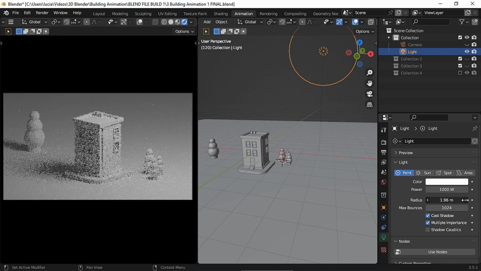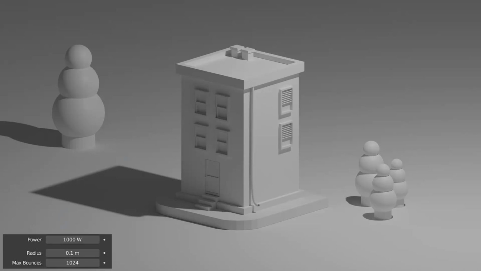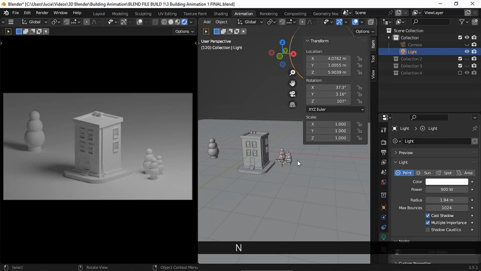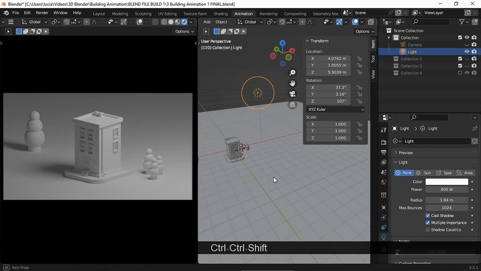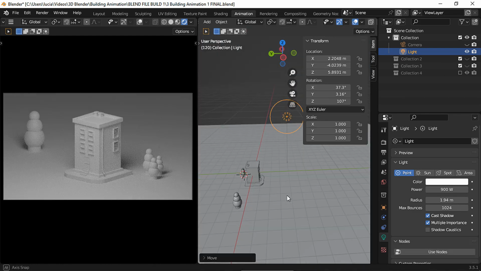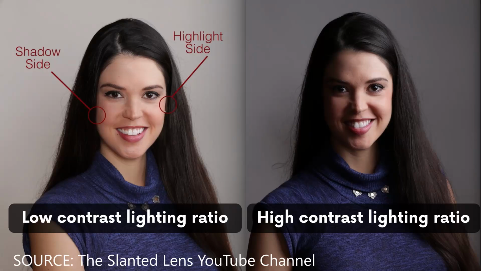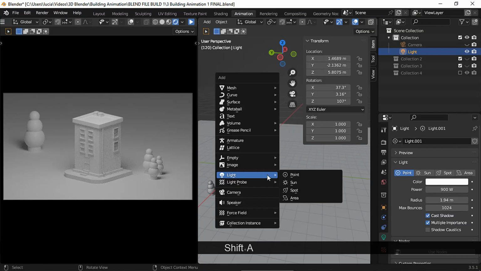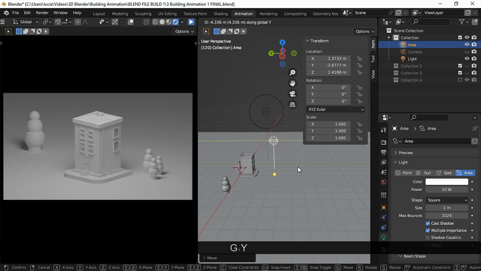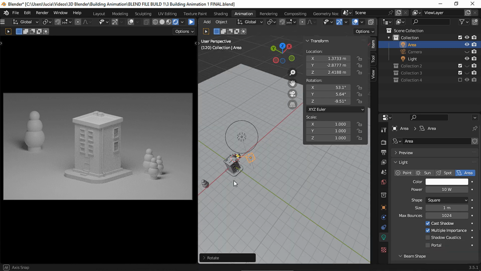The larger the radius, the softer the light, hence you'll get softer shadows and the light will be a bit dimmer. So if you wanted to keep the same exposure after making a light bigger, you'll need to increase the strength. Let's open up this panel so you can see the placement of the lights, and as you can see, my light was to the side, which was giving me a pretty high contrast lighting ratio, which means one side is considerably darker than the other one, and I wanted something less contrasted to give this idea of a bright, happy place. And once I finished with that light, I added an area light and I placed it.